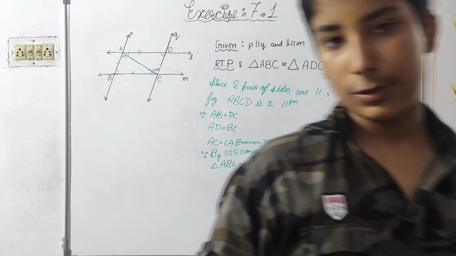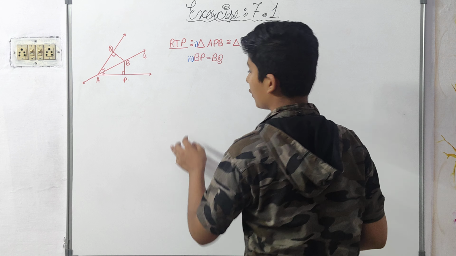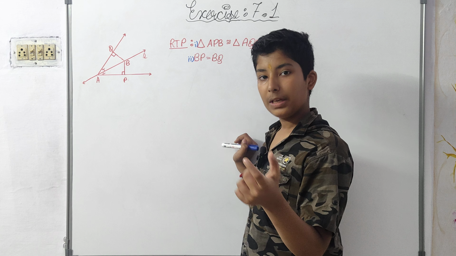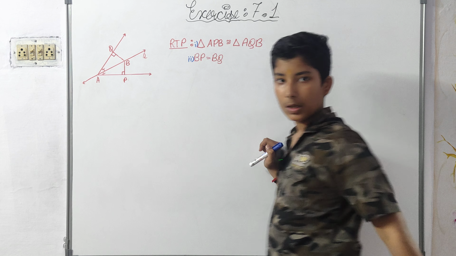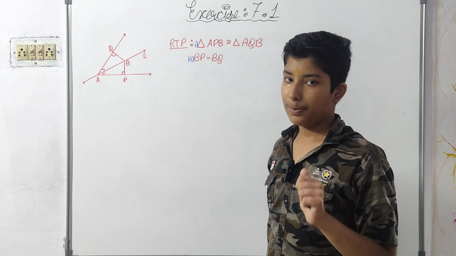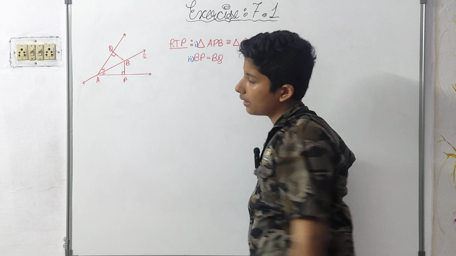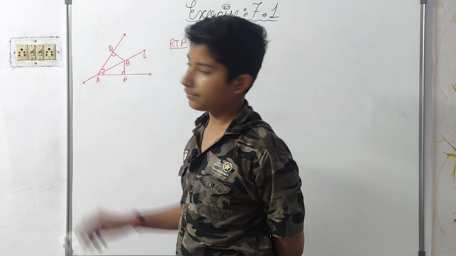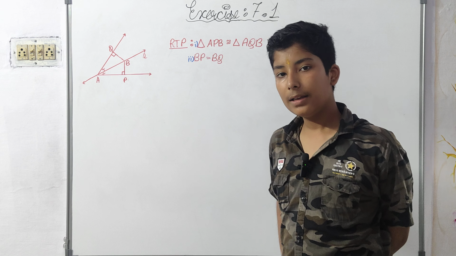So now we are coming to our next question. In this question we have to prove that this triangle is congruent to this triangle, and we have to prove that BP is equal to BQ. This has to be proved by CPCT, but to use CPCT we first have to conclude that these two triangles are congruent. So firstly, what is given? This is 90 degrees. These two angles are equal, meaning this line L is the bisector of angle A.